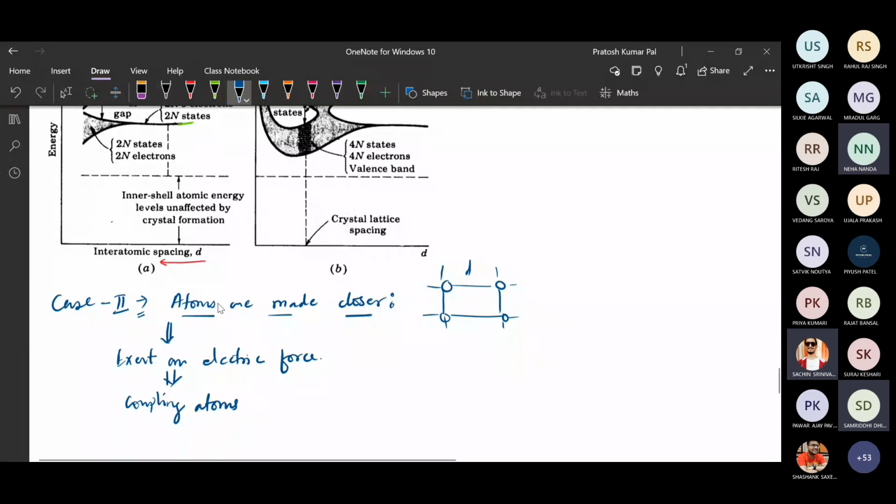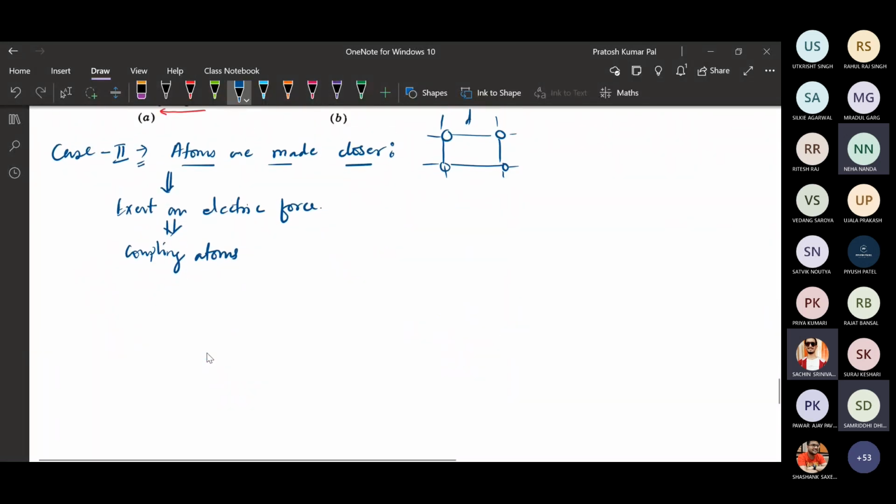So that means some electronic behavior will be shown. So some outer electrons will be interacting with another outer electron, so it will form an electronic system. So these atoms will form an electronic system, okay. And this electronic system will be such that whatever 2n s states are there, that is outer s electrons, the 2n s states will be interacting with each